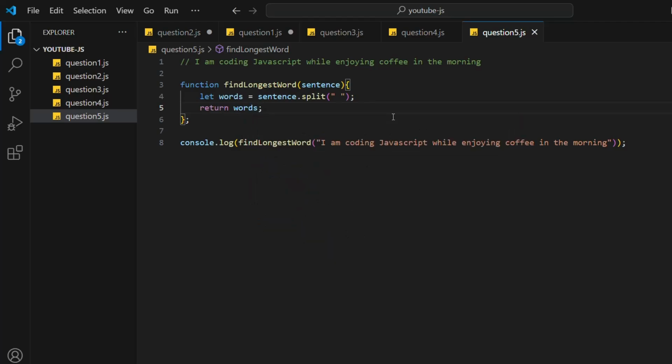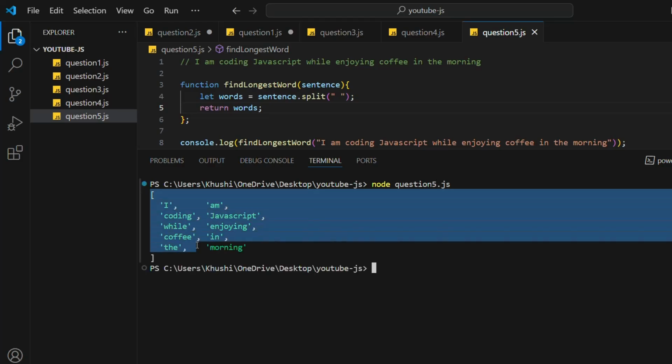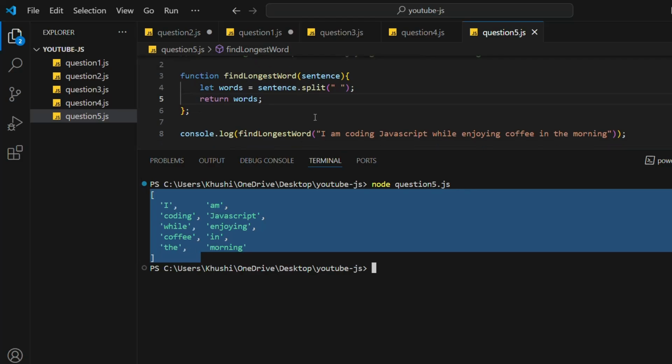I'm saving the file. I have opened the terminal. I'm just writing node and the file name. What is the file name? Question5.js, right? Yeah, see, this is an array. I am coding JavaScript while enjoying coffee in the morning. Okay, we split the sentence into